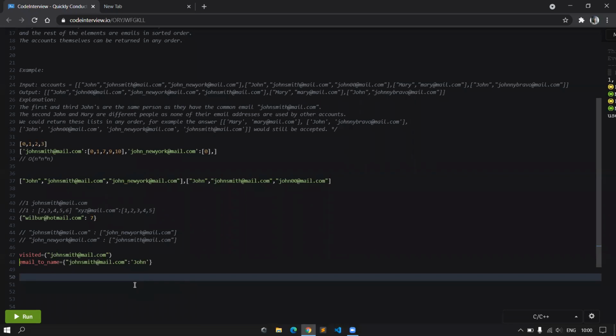Yeah, so now the only thing that remains is we need to traverse the graph itself, which we already computed. And how do we decide which is the first node in the graph, or the point at which I can start traversing the graph?